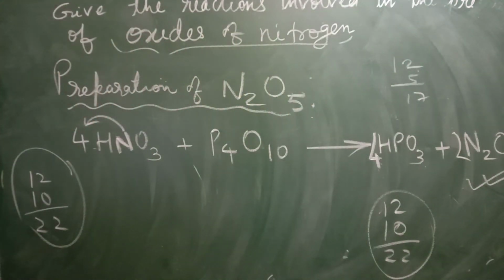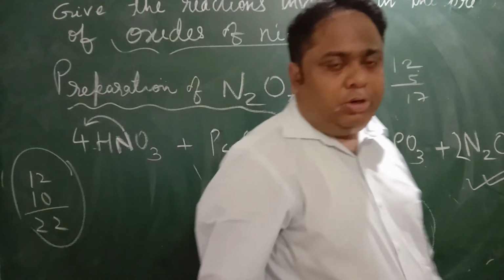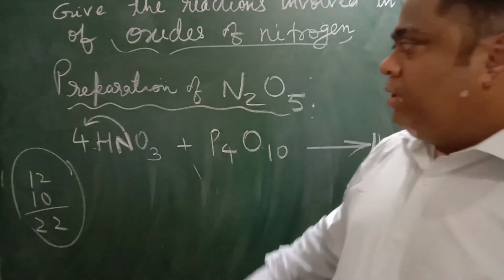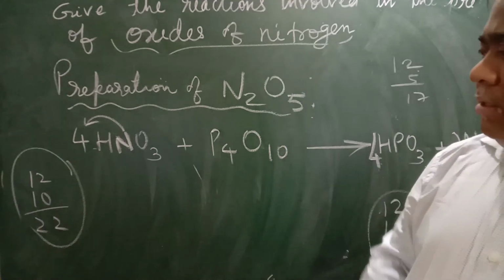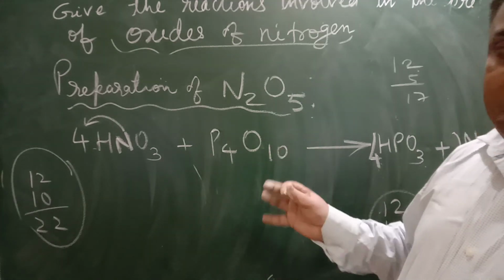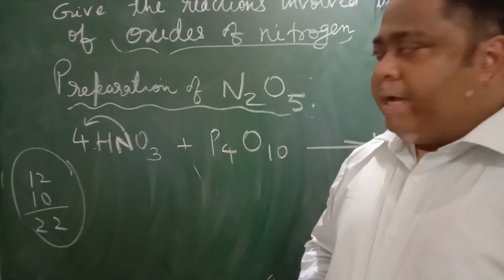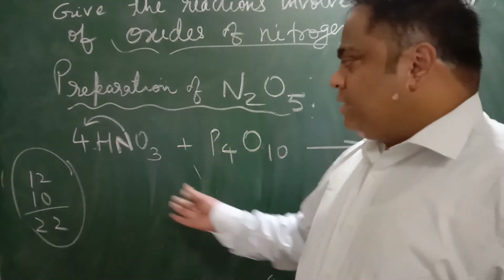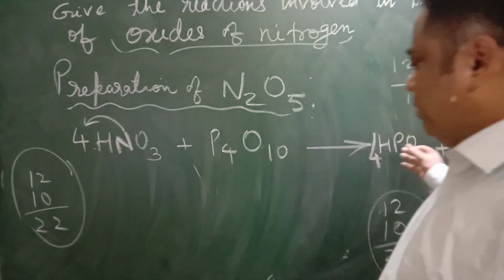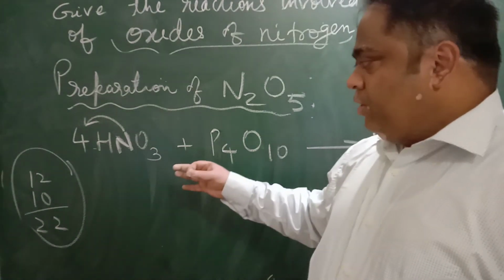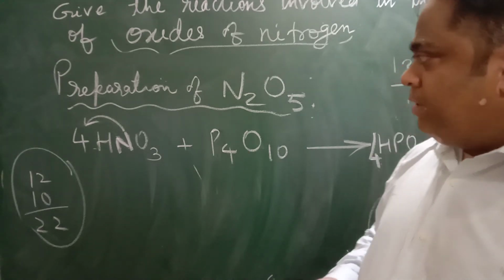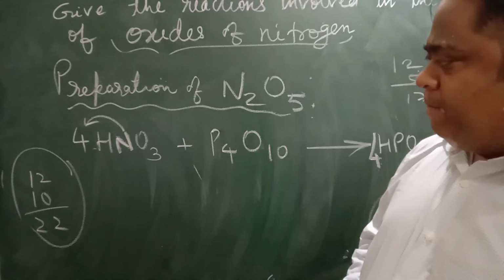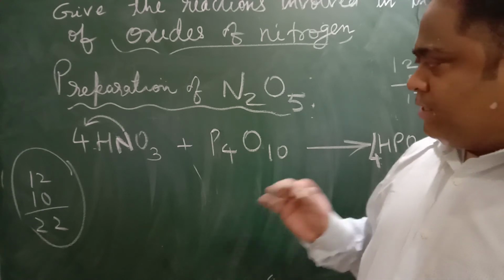So in this way you can practice and remember the reactions. I could have written down the reactions directly on the board and then simply pointed those out. I have done the drill myself of deducing the reactions live here so that you also learn the method of remembering the reactions. It is not just that you write down the reactions and the coefficients and mug up. There should be some logic. If you learn the reactions by the logic, then you will be able to recall them in the exam. I hope that if you practice along with me, you will be able to recall the reactions involved.